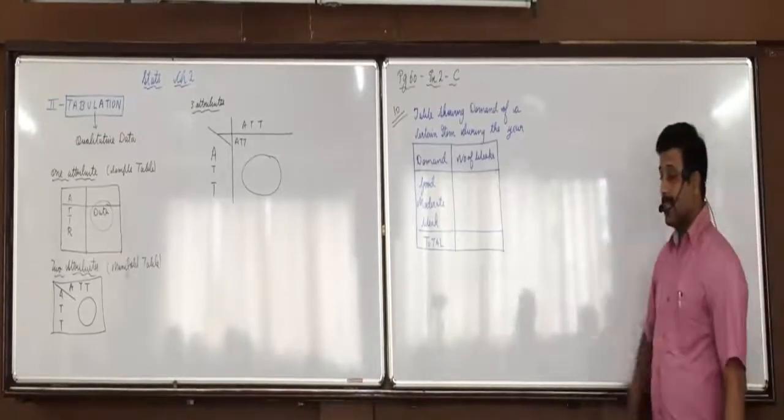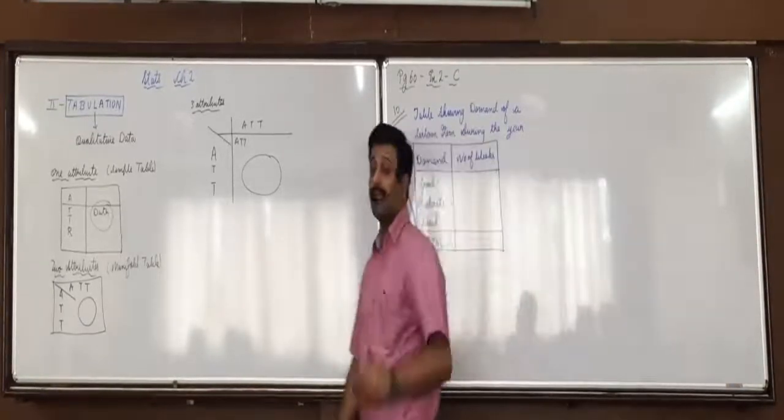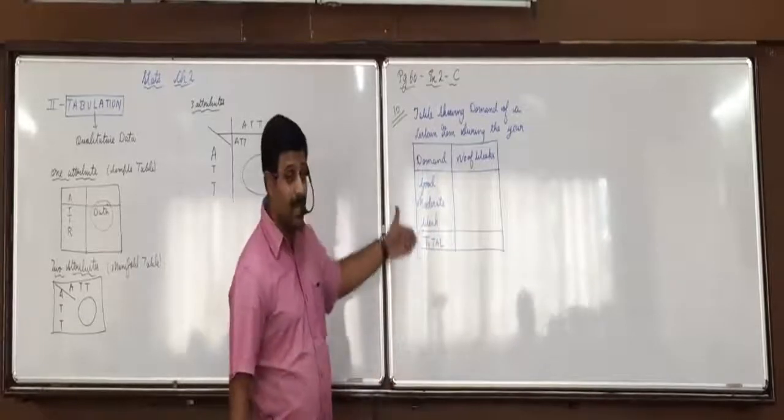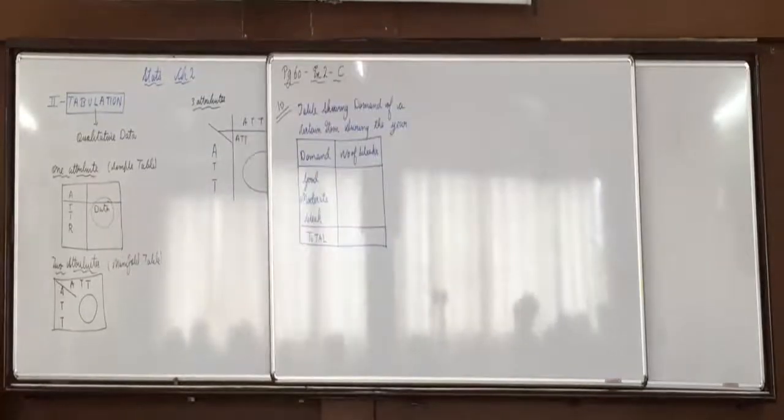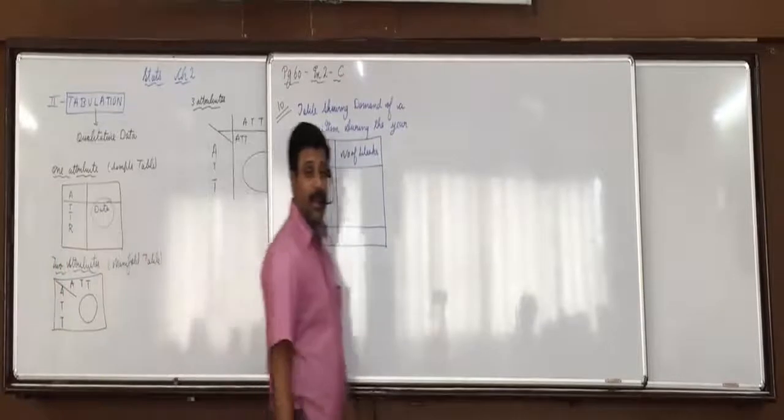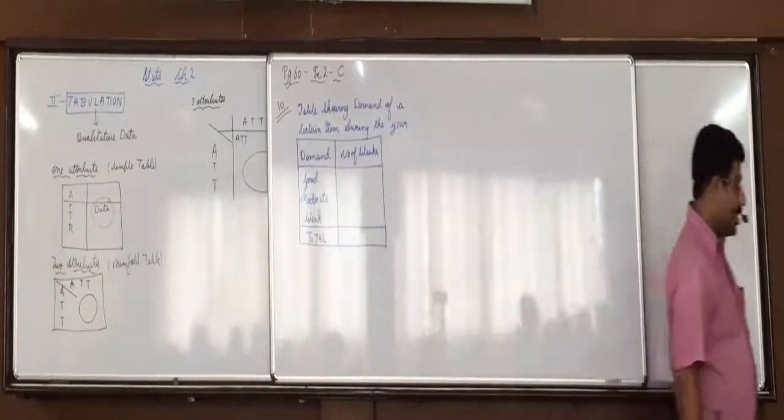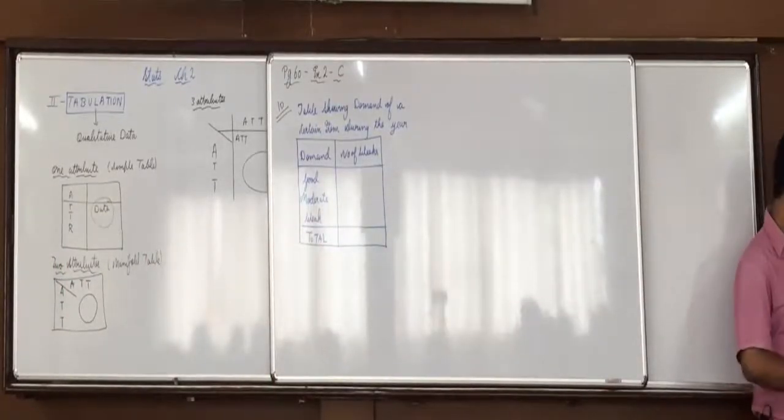All of you are clear with this? Single attribute, so we have written only in rows. As I told you, the first attribute will always come in rows. In the columns? Who all are still making it? Raise your hand. Now listen everyone, be attentive.